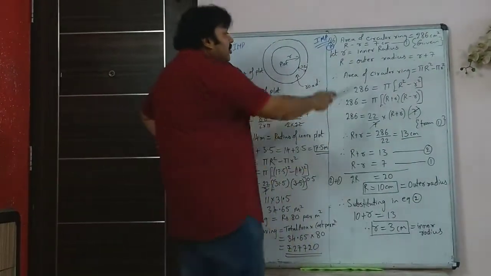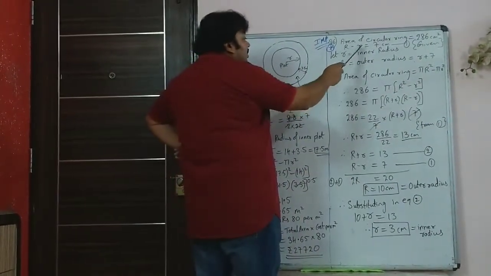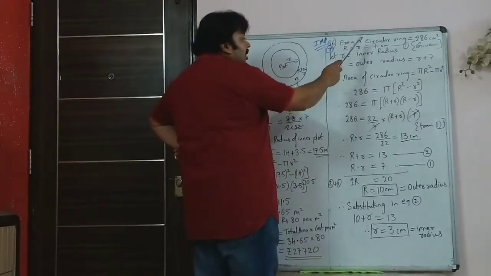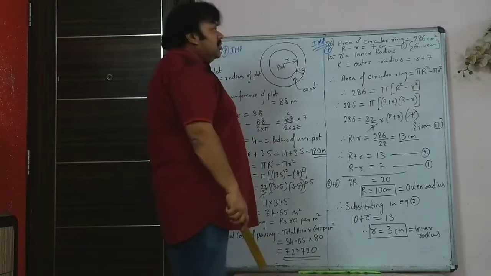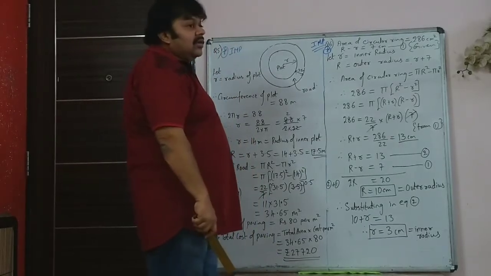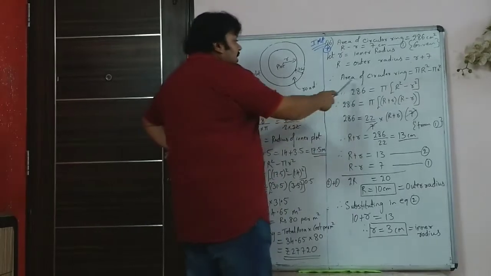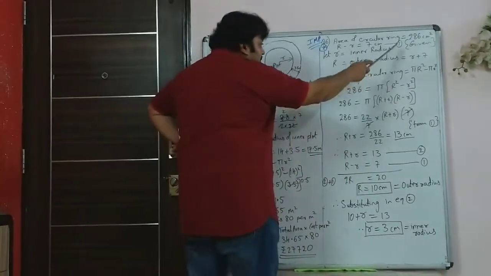Because they have given you that the difference in the radius is 7 centimeter. So that means capital R minus small r is 7 centimeter. The difference in the radius is 7 centimeter. So area of the ring, which is already given